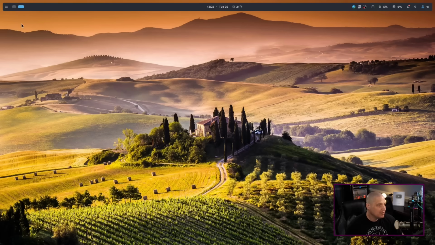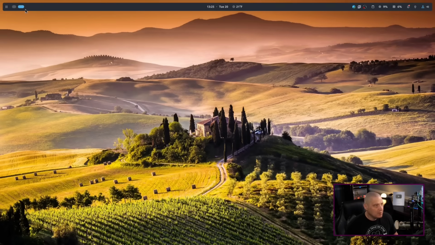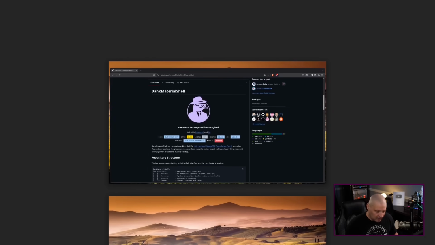Then you've got your workspaces. Right now, I am on the second workspace. If I go back up to the first workspace, you can see the workspace I'm on is blue and it's a little wider. If I go back down to the second workspace, it lets me know which one I'm on. If I do Super O here to get the overview, I could always see what workspace I'm on this monitor